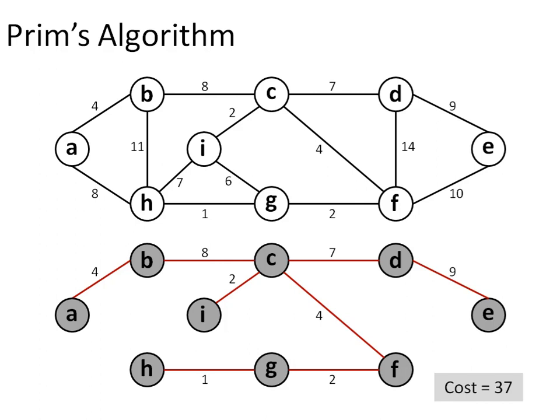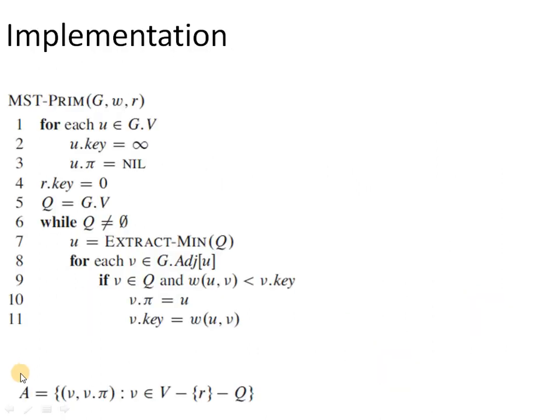Next, we have to discuss the implementation of Prim's algorithm. As we have seen, we are maintaining a set of edges which are going to be a part of the minimum spanning tree in the form of a set A. So A will have all the edges which will form the minimum spanning tree, and then all the other vertices which are not present in the minimum spanning tree at any moment of time will reside in the minimum priority queue, and the priority of a vertex is decided based on the weight value via which the vertex can be added to the minimum spanning tree.